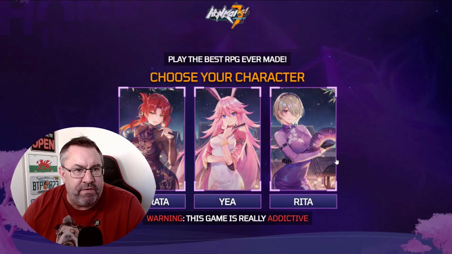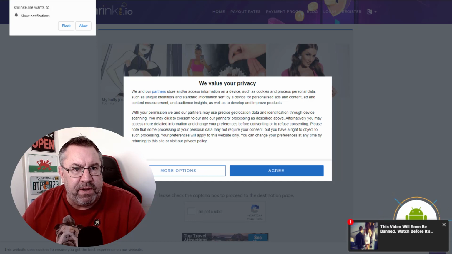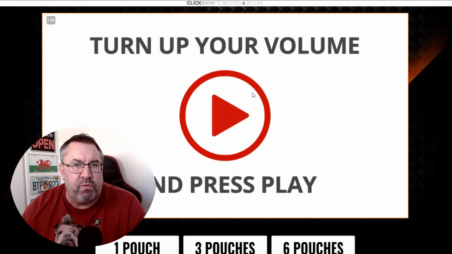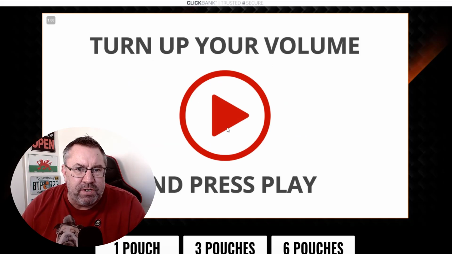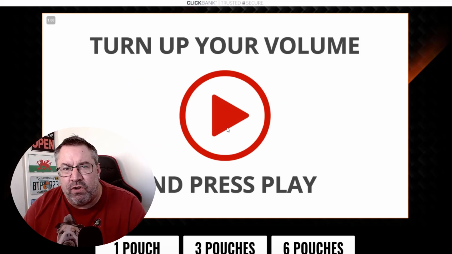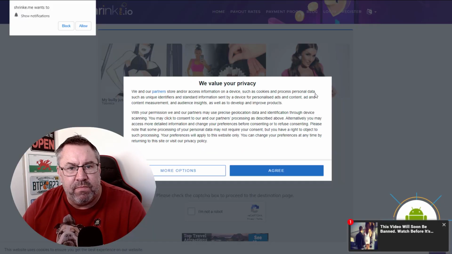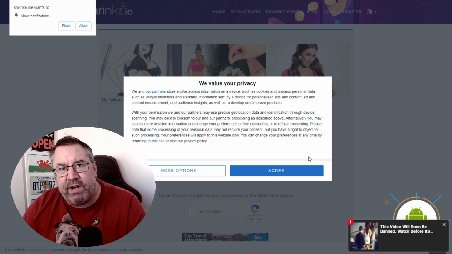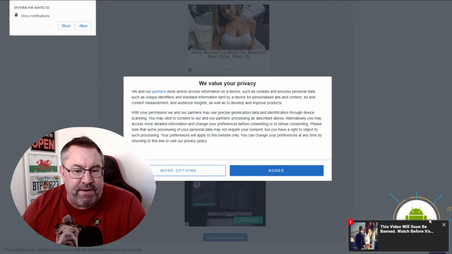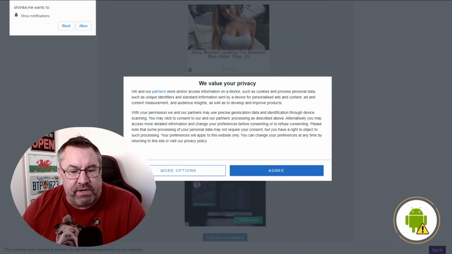If I click on this advert on the right hand side here, it sends me over to this page here. None of this has actually got me over to the original page, which was this JavaBurn, which is what you want to actually go ahead and promote. So it doesn't matter if you're promoting something or you're just sending people a link to your website. This is the type of thing they're going to have before they can actually go and click. And by the way guys, I haven't actually worked out how I get over to that website yet,